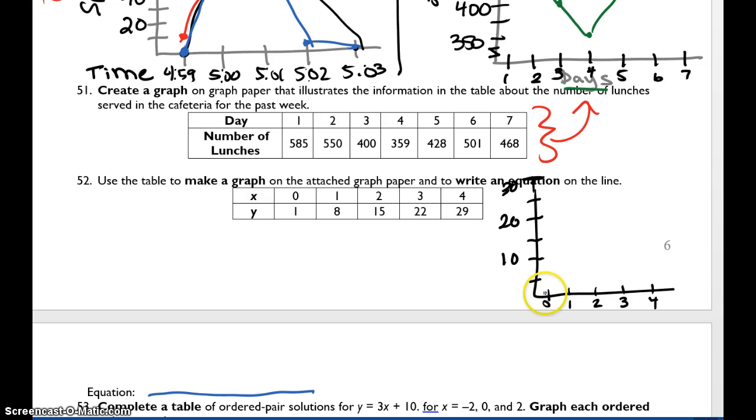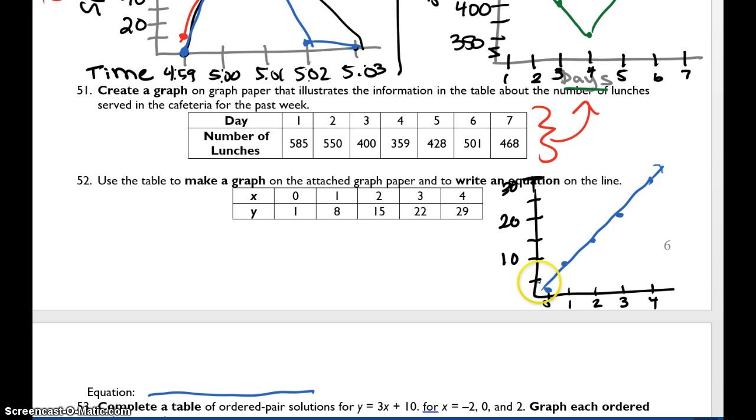So when X is 0, Y is 1, so it's going to be really low here. When X is 1, Y is 8, so it's a little under 10. When X is 2, Y is 15. When X is 3, Y is 22. And when X is 4, Y is 29. So I'm going to attach those